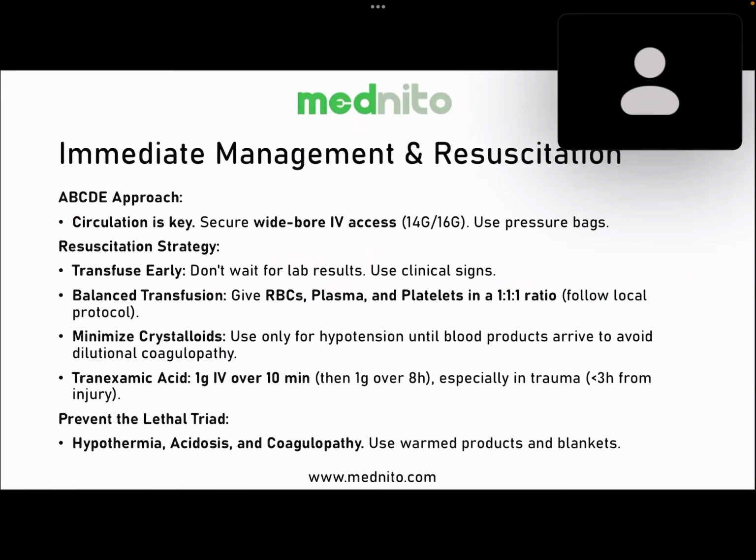I'll also tell you that transfusion should be early. Do not wait for lab results. The examiner will tell you the lab results are pending, please. First and most important thing, wide bore IV cannulas, please. Next, after you give wide bore IV cannulas, if there is no blood transfusion option in massive hemorrhage, please select IV fluids. If there is blood transfusion, you will have to give RBC transfusion, please. Tranexamic acid can be given.